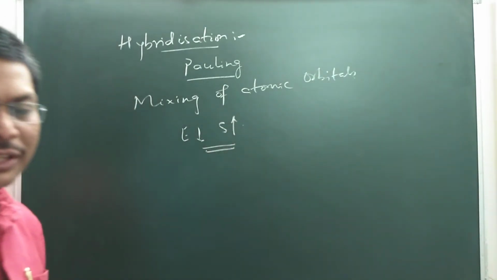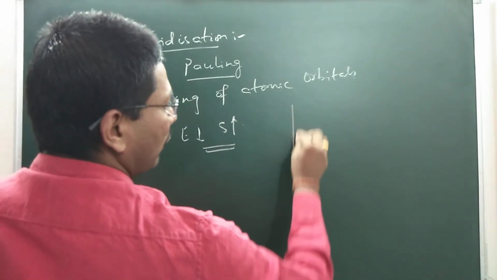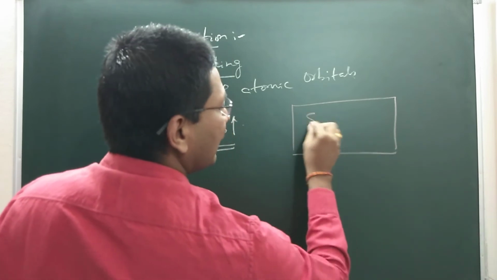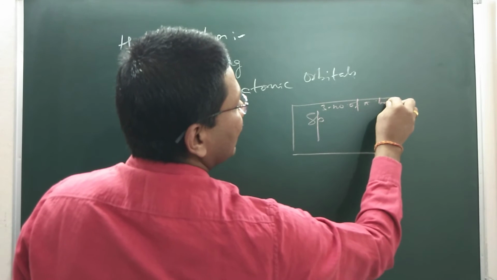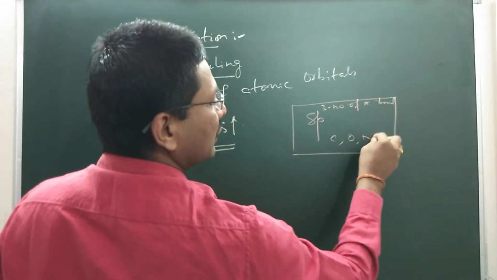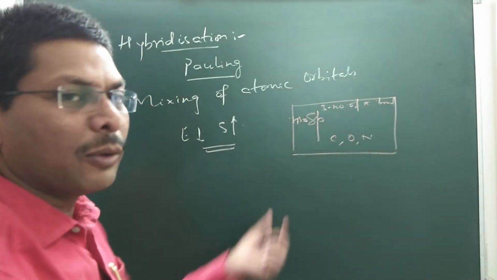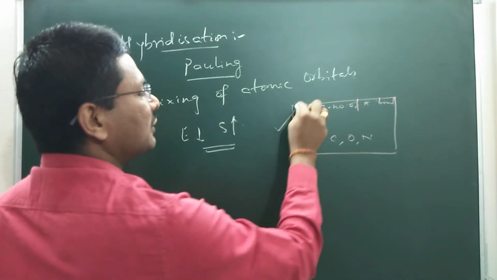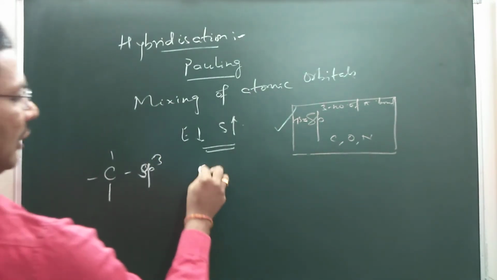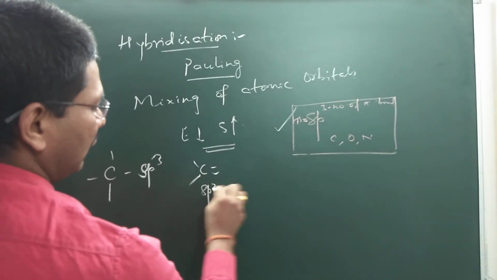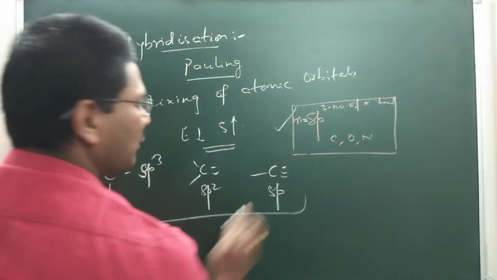Now there are various tricks, but I will give a few which will help you solve the questions. For organic compounds, use the trick: sp3 minus the number of pi bonds. This formula is valid for carbon, oxygen and nitrogen. So the hybrid state is sp3 minus the number of pi bonds. You can watch my other videos also where I have used the trick. If in a carbon compound all bonds are single, then sp3. If a double bond comes, sp2. If a triple bond is there, then sp. There is no violation, you can use it wherever you want.